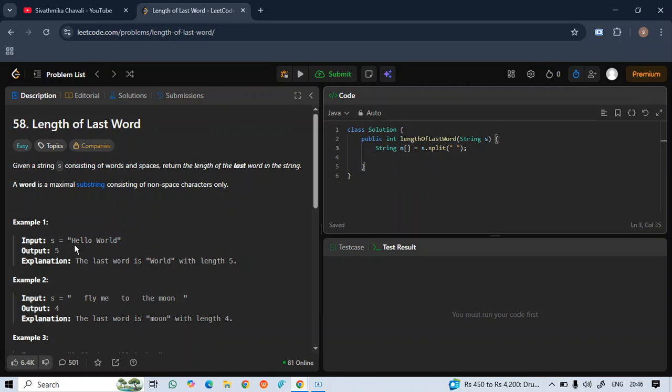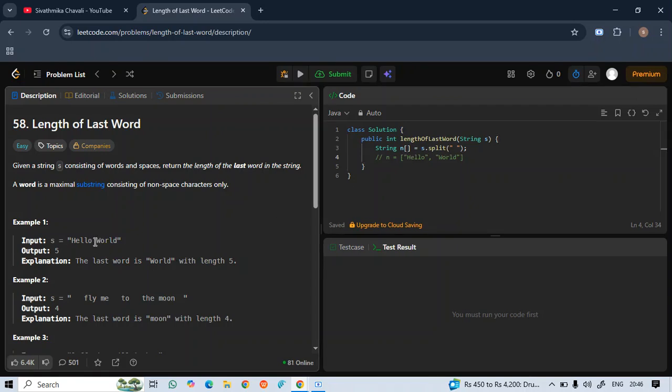If you take the example of hello world, now the array will consist of strings in this way. Hello will be taken as one index and world will be taken as another index. In this way the string will be split.